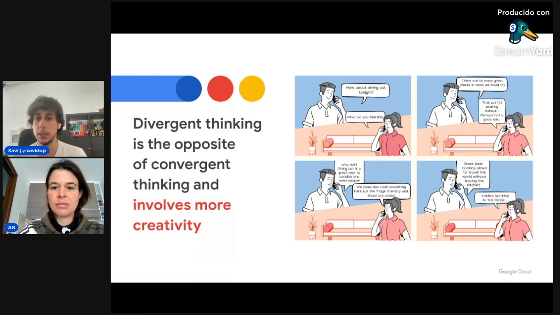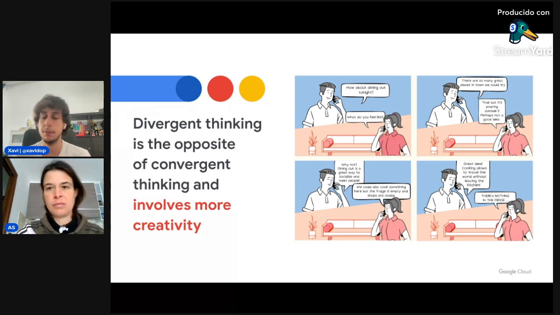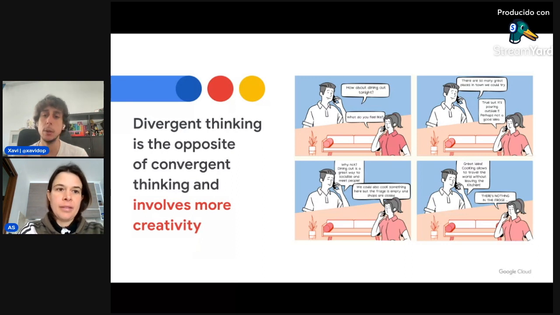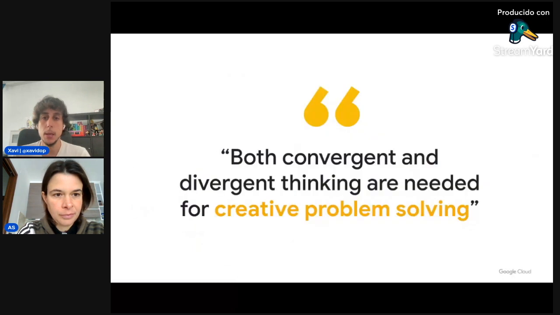There are certainly advantages related to divergent thinking. It can help you identify new opportunities and find creative ways to solve problems. However, as we can see in this vignette, divergent thinking might take these two people far away from reaching a common goal due to their generative nature. Large language models are quite good at this part of the conversation. So basically,